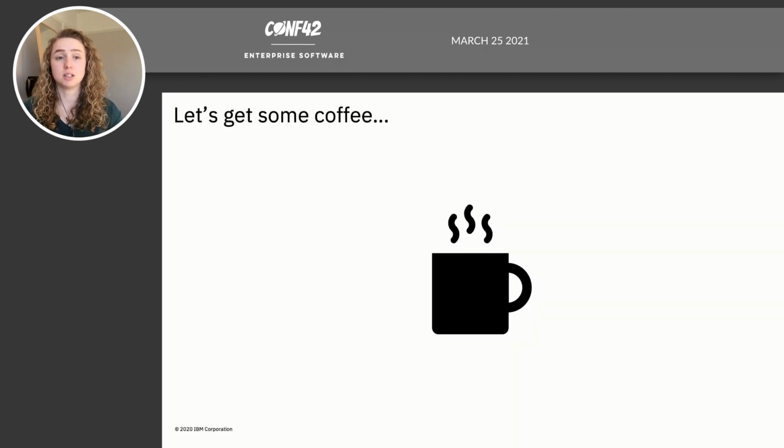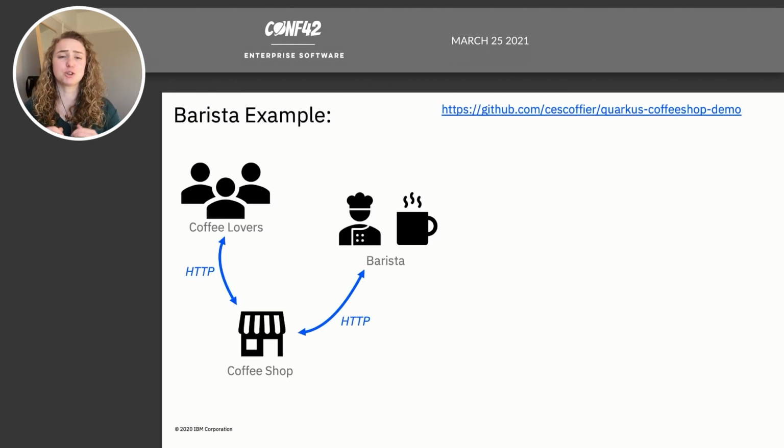So let's get started. But obviously no conference session is complete without a coffee demo. So we've got a coffee demo here for you today. Kind of ironic because I don't like coffee. But anyway, this coffee example is actually available as an open source project. So if you'd like to check it out, the link is there in this slide,